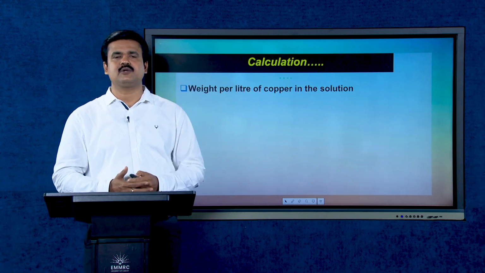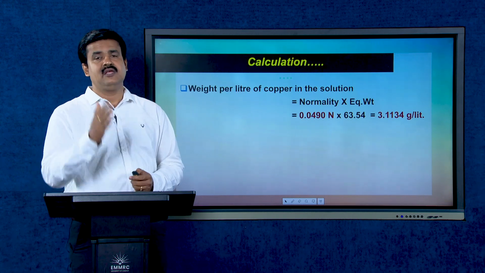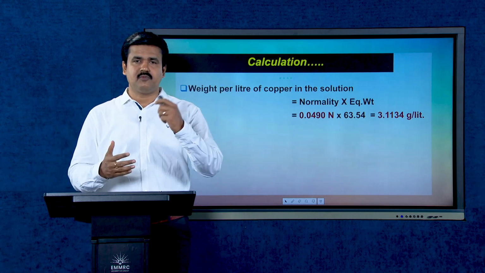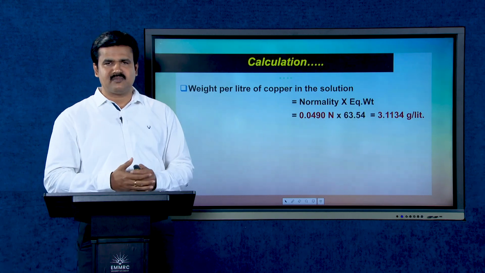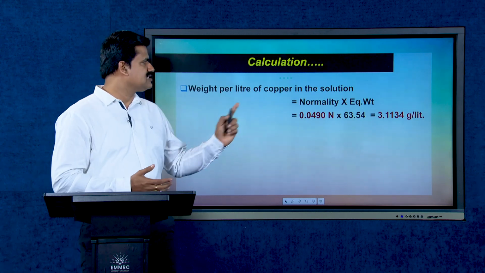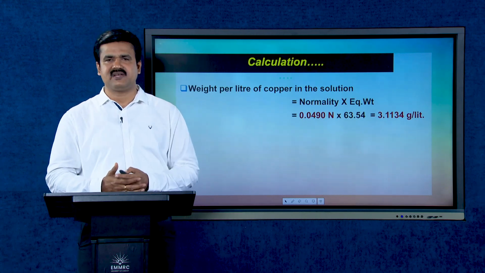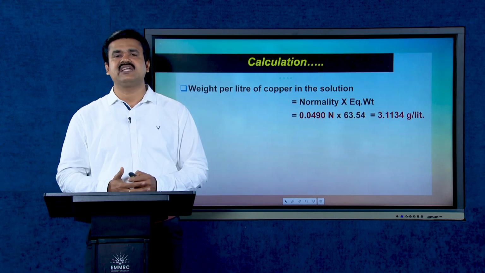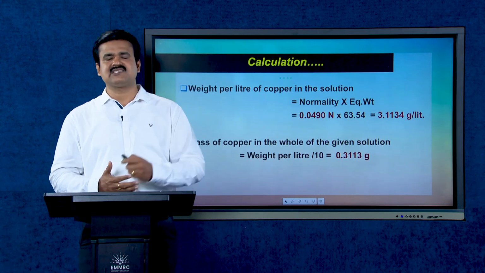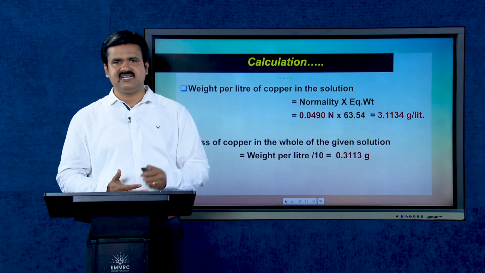Calculation continues. The weight per liter can be calculated like this. Weight per liter of the copper in solution is equal to normality multiplied by equivalent weight. You know that the equivalent weight of copper is 63.54, so you multiply that with the present normality. So, 0.0490 normal multiplied by 63.54 gives the weight per liter, which is 3.1134 gram per liter. Mass of copper in the whole of the given solution is weight per liter divided by 10, that is